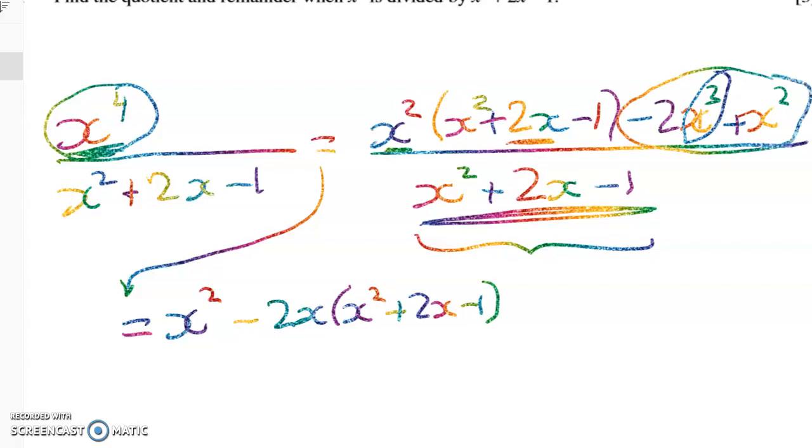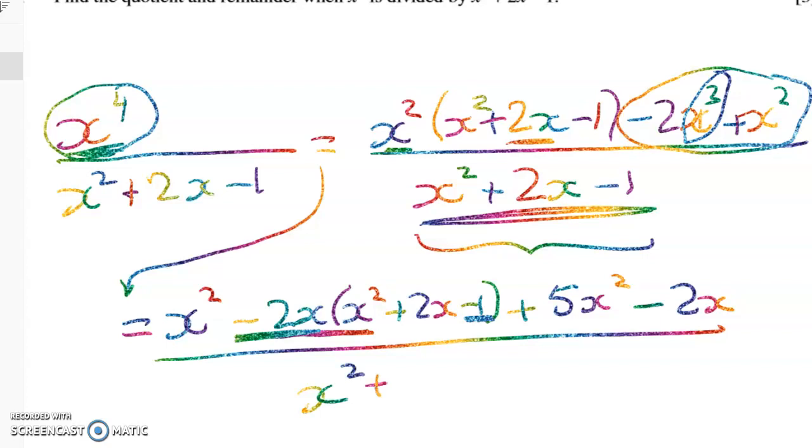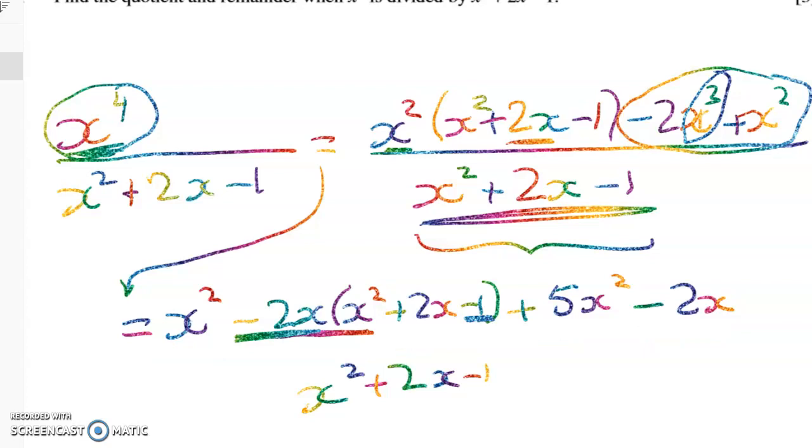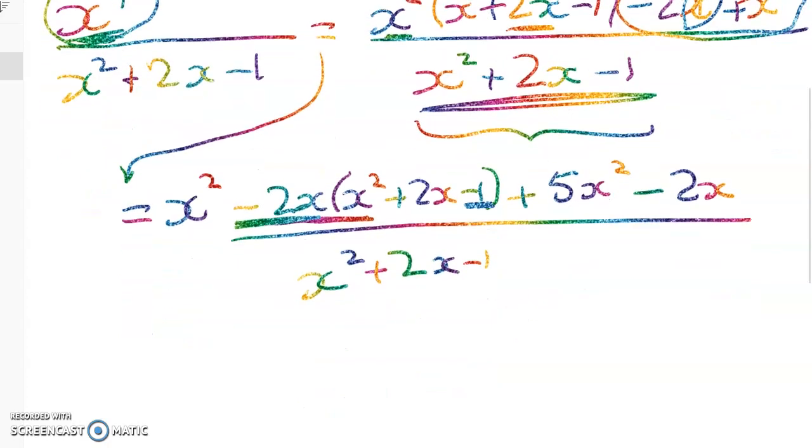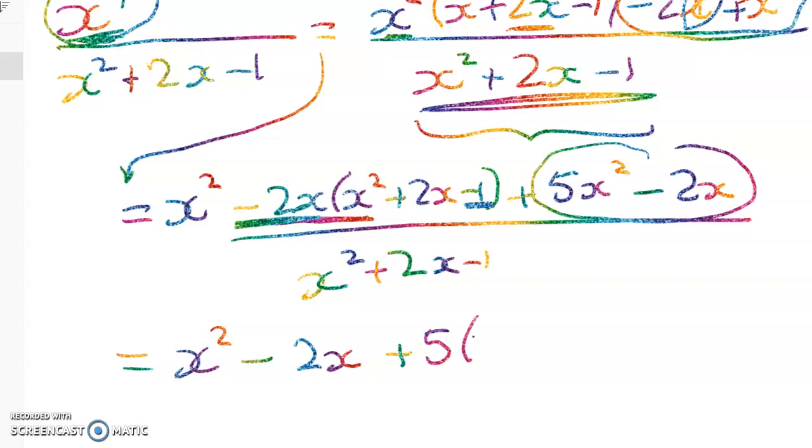Now, this is what we want to have here, but what have we got? Well, we've got the minus 2x cubed bit works, but I've got minus 4x, and I want plus x squared, so I'm going to have to add back in 5x squared. Here, I've got minus 2x times negative 1, so I've got plus 2x. I don't want that, I want minus 2x. So let's see what we've got now. Whoops. Now, that shouldn't be over the whole thing. It should just be over this bit. So that equals x squared minus 2x plus, now I'm left with this, 5 times x squared